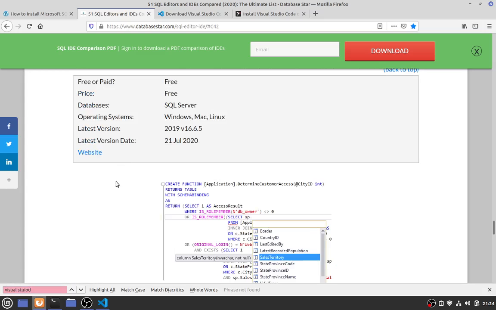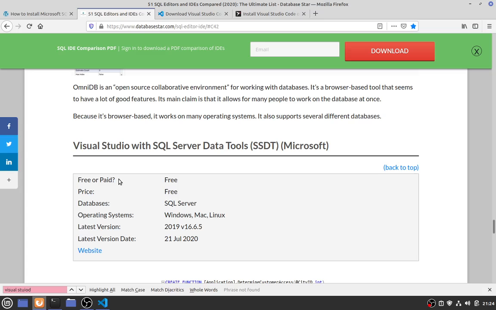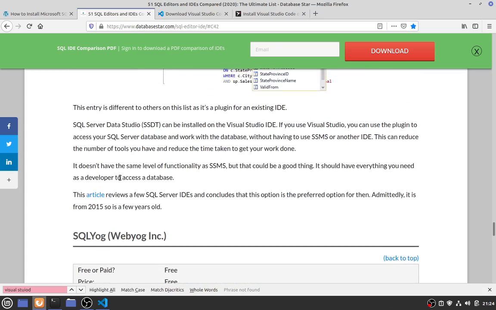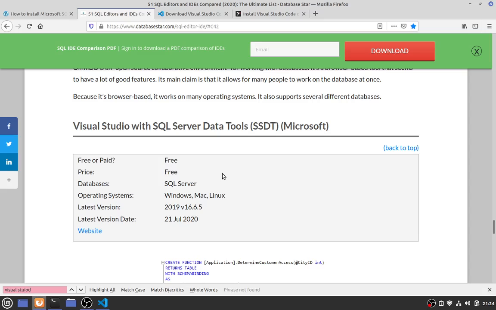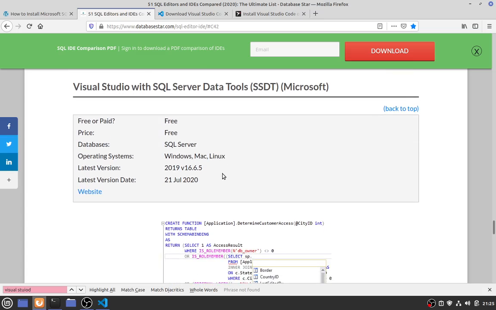Visual Studio with, well, I misread. We need Visual Studio. If you use Visual Studio, oh, let's see. Visual Studio with SQL Server Data Tools is what we need. So let's go to that website